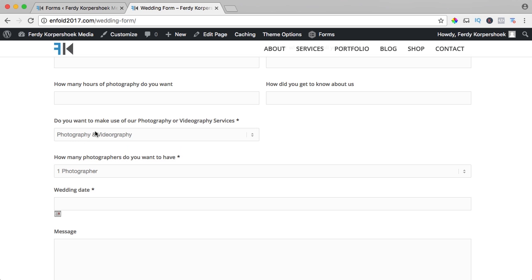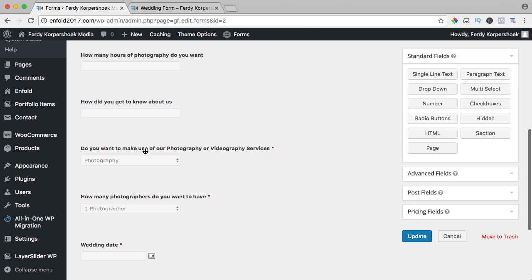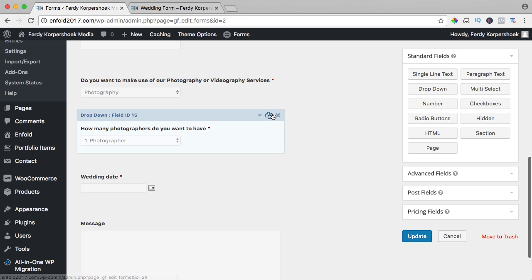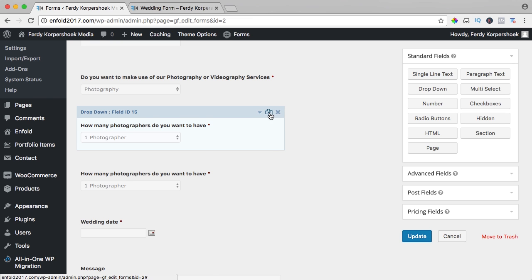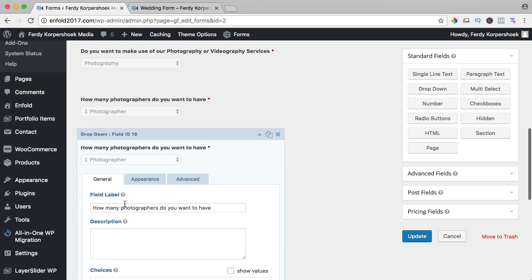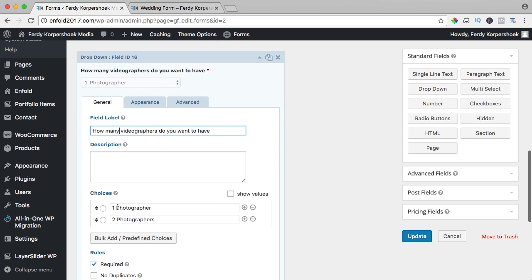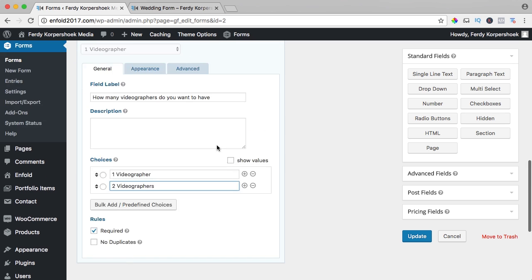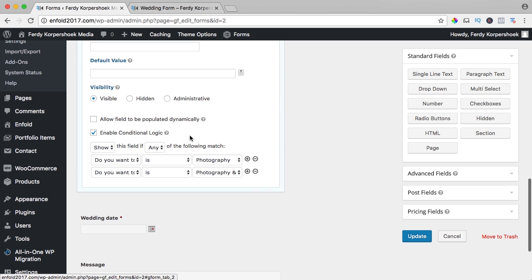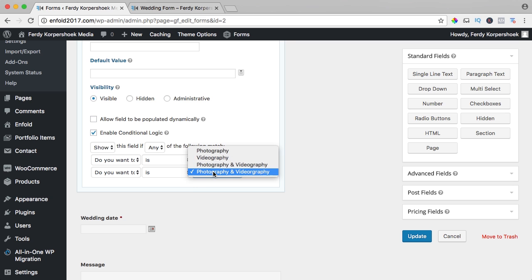But I want to add something else if this option is chosen. So I want to duplicate this one. Here it is. How many videographers? One videographer or two videographers. This one I only want to show. I go to Advanced, add videography and photography and videography. So update,